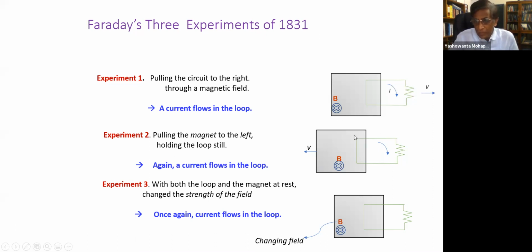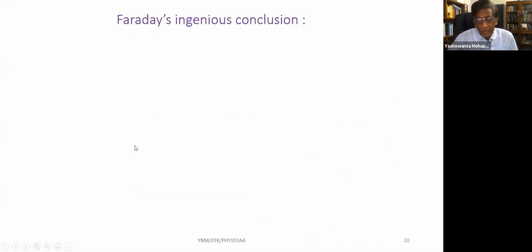So in experiment number 2, we can, of course, Faraday knew nothing about relativity. If the observer were sitting with the magnetic field, then of course there will be relative motion. Then one could relate it to the first experiment. But I am sitting in the lab frame. There is no movement of the charge, and hence experiment 2 and experiment 3 seem different from experiment number 1. Right? So of course we don't have to go to great lengths to understand this now, because of